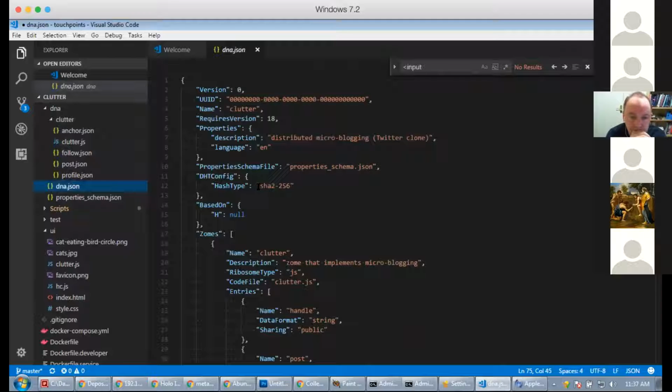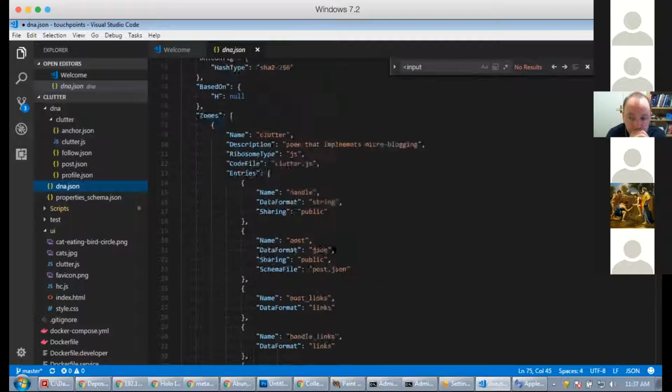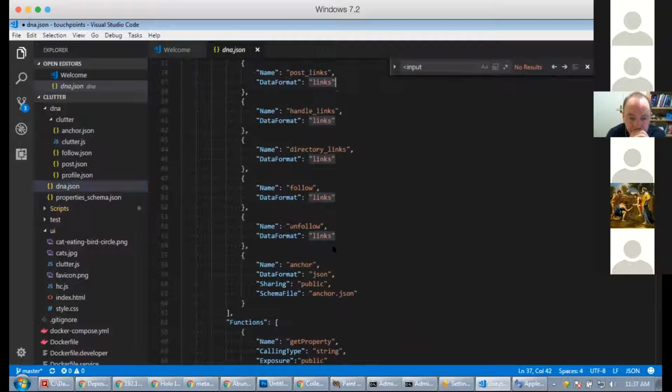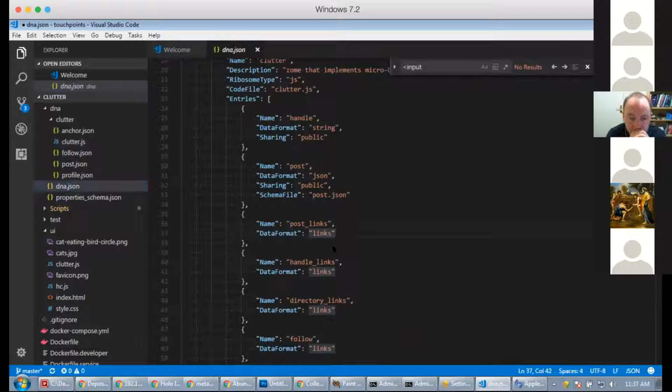So you could have mismatches between your source code and these types if you're not careful. I think so. If I make a mistake here in this definition, and I call the data format a string, but it's really an integer in my code, it might take me a while to figure out what the problem is, right? It could.